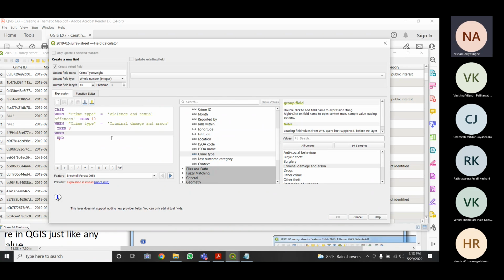Then when crime type equals, let's say drugs, drugs is also a serious crime.